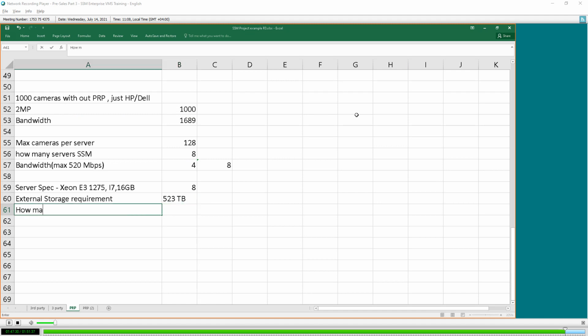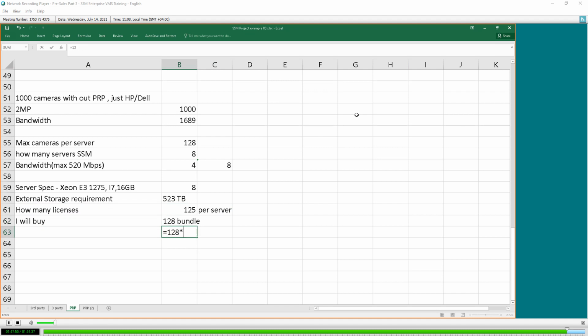How many licenses are required? Okay, 1000 divided by 8 per server. I need 128 licenses per server, so I will buy a 128 bundle.